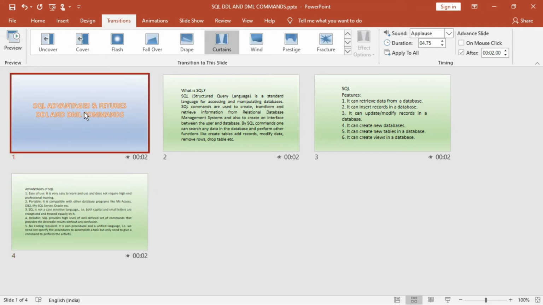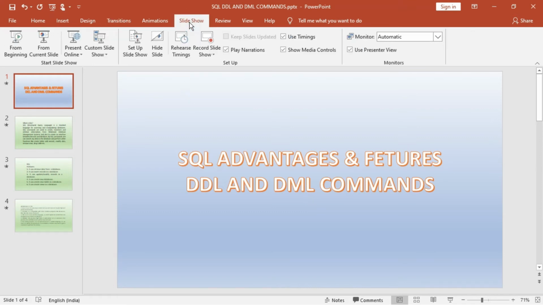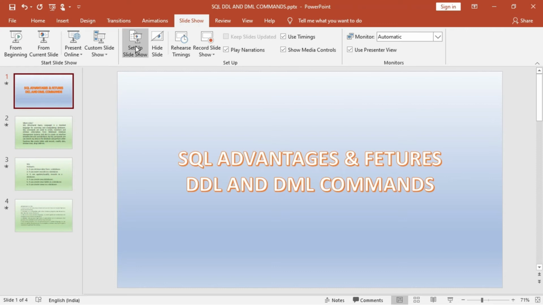Alright, so now once it has been ready, double click on it or you just click over here, you will come back to the normal view. Now what we have to do, we have to do the slide transition. Alright. So slide transition, you come or you press F5 key. Remember F5 key is the one that actually does the slideshow from the beginning, and if you want to do from the current slide, suppose from this slide, then you have to press Shift F5. Okay, that is the keyboard shortcut. All right, so I'm doing from the beginning, so I'm going to the setup show also. You can go or you can go to the start slideshow group and you can start from the beginning.